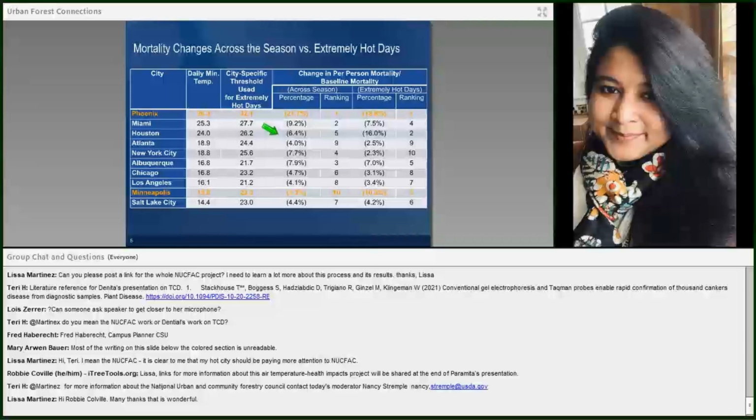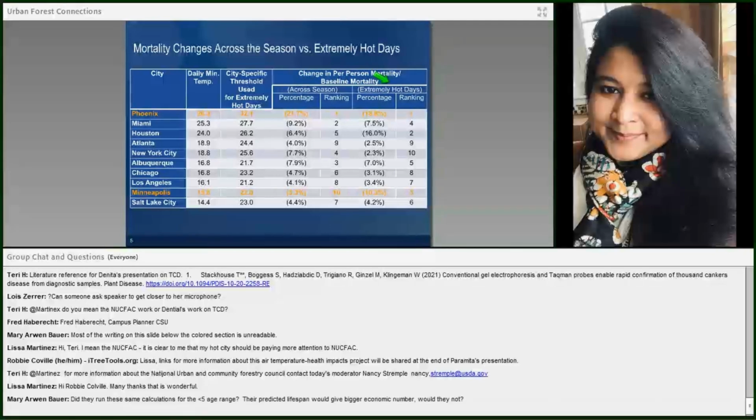And just so, for the 10 cities, it's a lot to condense into this time slot, so we'll focus on a few highlights. What this slide shows is changes in per capita mortality in percent terms, as a percent of baseline mortality. Again, we look across the season and extremely hot days, and Phoenix really is at the top of the list for both of those,